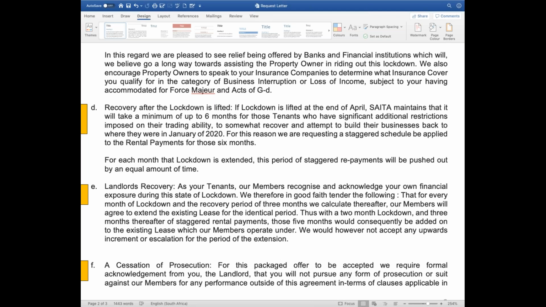There is maybe a way to change the wording just for that last sentence where you said for each month that lockdown is extended. Maybe put in brackets something to the extent of, or converts to a partial lockdown. Sure. Because then at least we're opening the door for further discussions based on the change in landscape. Of course. You must also remember that this is the first open letter for negotiation. What we put down now is not going to be agreed on immediately by the landlords. It's just opening the doors of communication to come to an agreement of some sort. Absolutely, that's the whole point.